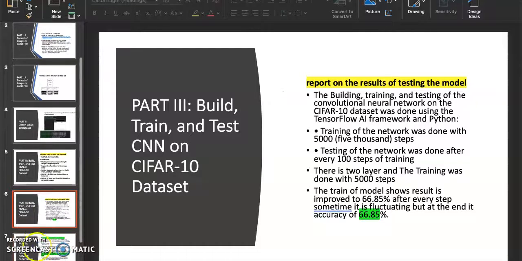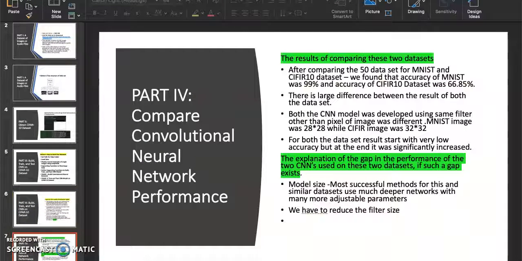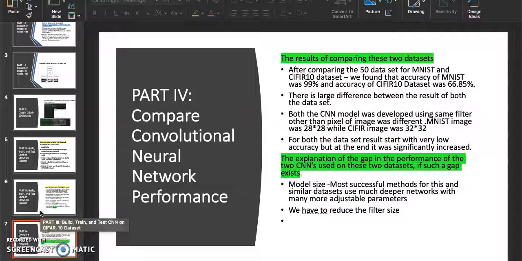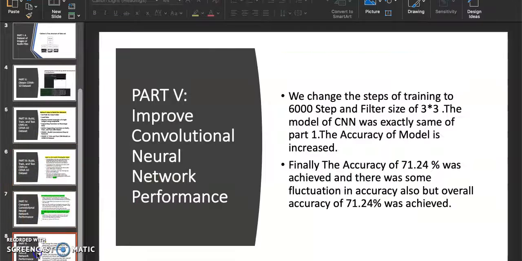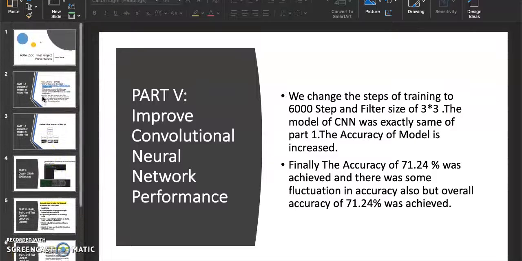Then we had to find and compare the results of both datasets, MNIST and CIFAR. Then we had to explain why there was a large gap in the accuracy of the two datasets. And finally, we had to implement steps to improve the network performance. So basically, all of this was my project presentation.